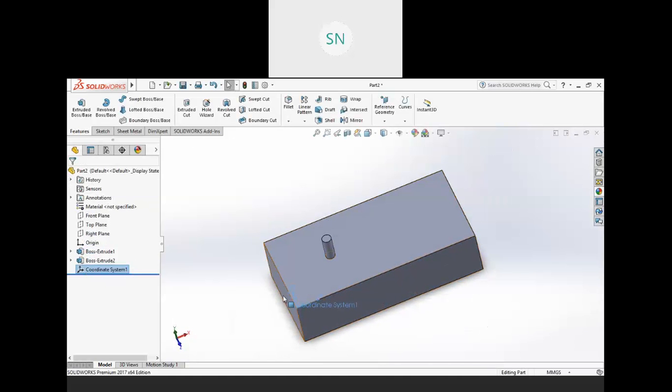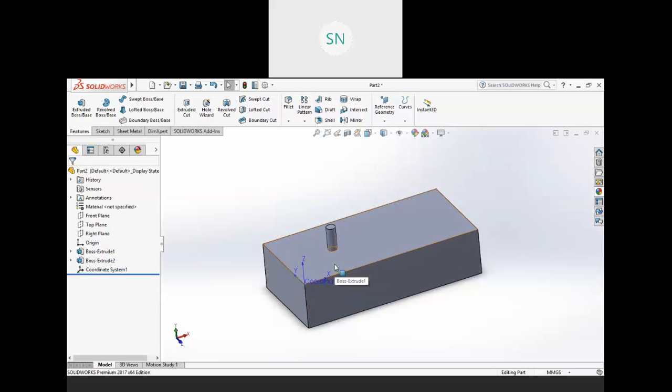And with the help of this coordinate system, we will provide an address for the new copy. So now go to the table pattern. Are you clear about this coordinate system, how to create it, right? It is very simple. Go to reference geometry, coordinate system, provide point and two axes, and check it is proper or not, right?